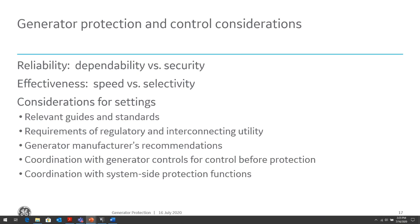So when we talk about reliability, there's a delicate balance between dependability versus security, where we want it to trip for faults, and obviously we don't want it to trip for non-fault situations. And then how effective is that protection system: how fast does it trip for faults within its zone of protection, or how fast it trips for faults outside of its zone of protection. How does it coordinate for faults outside of its zone of protection, and selectivity to only trip for faults within